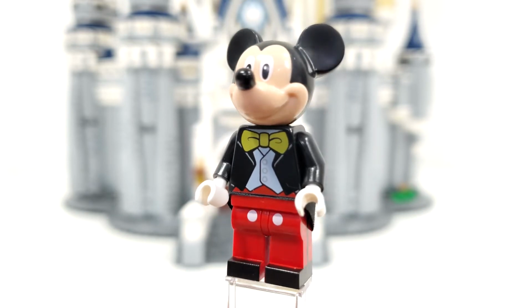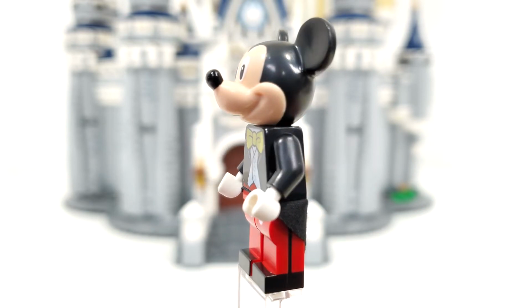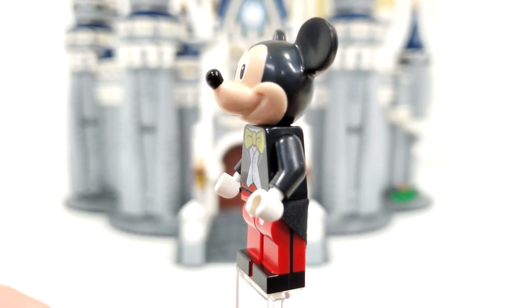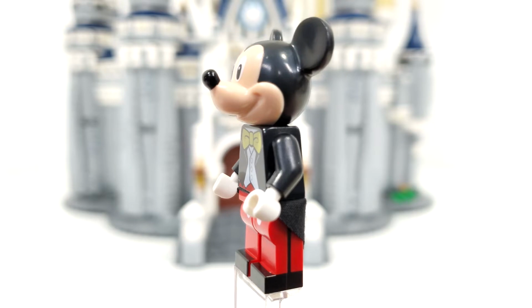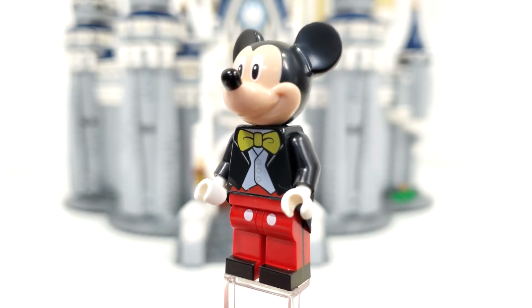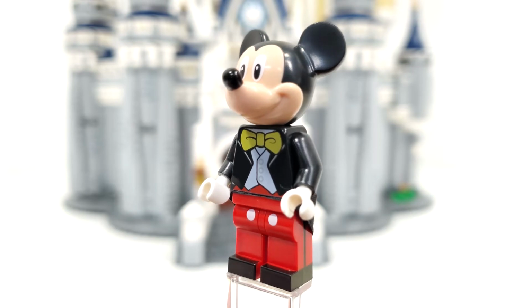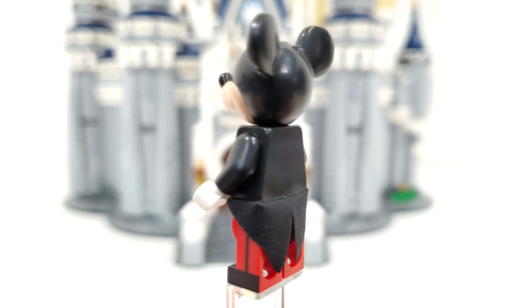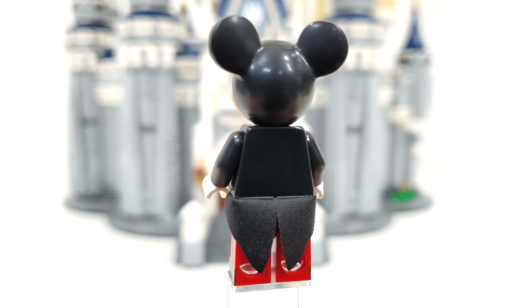You can take a look at the side leg printing on this figure, which is really great to get, and even the printing on the very top of the feet, which is something that I guess LEGO can't do anymore, because they should have done that in the most recent Back to the Future D2C, but that's not something for this particular video. Moving to the back, you can see we don't get any back printing, though we do get